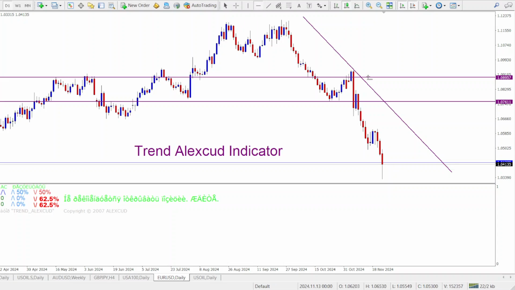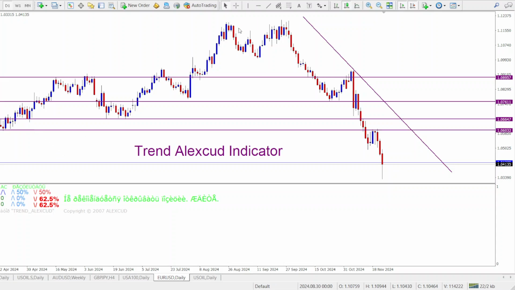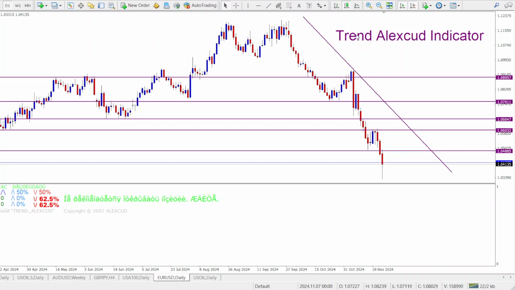Make use of horizontal support and resistance zones. I always emphasize how important these zones are on your chart. You might not know how important it is until you experience it. There are situations whereby these zones are going to tell you ahead of time when you should enter or when you should exit, and you're going to thank yourself later if you used these levels to either enter or exit, because